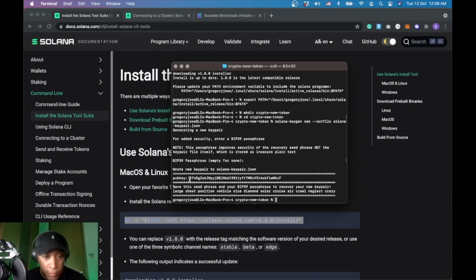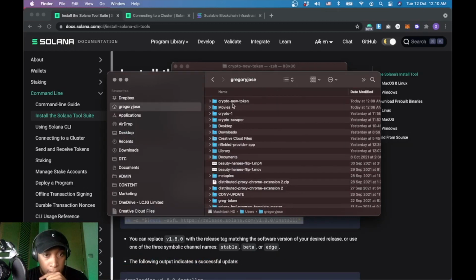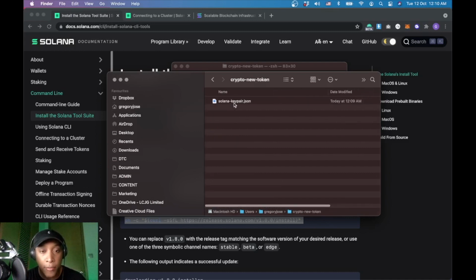So we need to save the public key right here, and we also need to save the seed phrase. So remember to save it somewhere. Right, and then I'm going to show you. So this is the folder that we've just created, crypto new token, and inside that folder we've also created a file which is solana-keypair.json, and if I open the file,